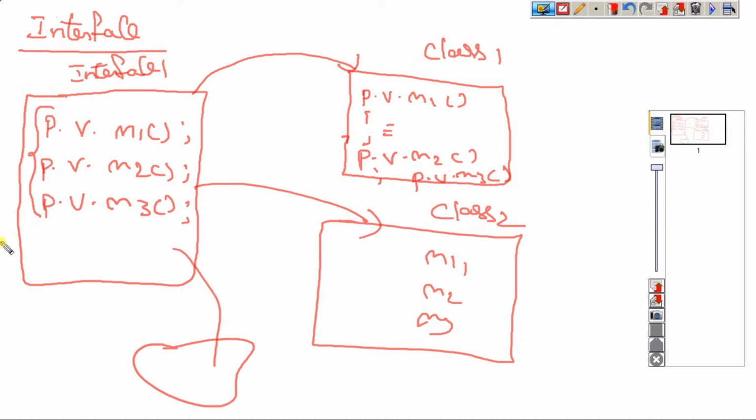This is what we consider the interface. What is the interface? Interface is a set of rules defined by us. It has a lot of methods, but those methods have no logic. All these methods we must implement with logic into different classes. This is what we call an interface.